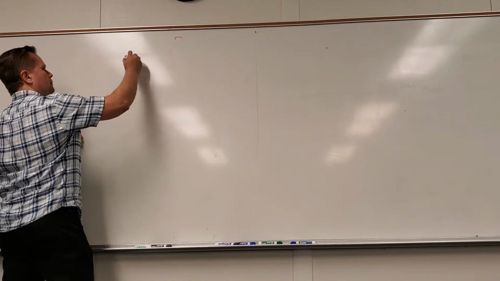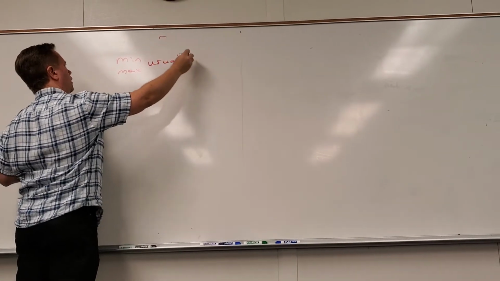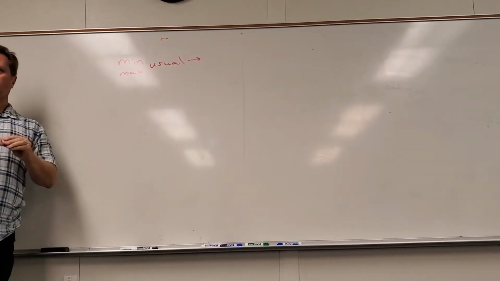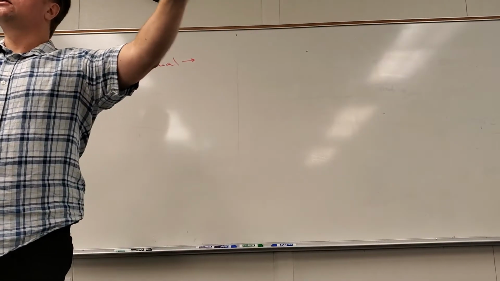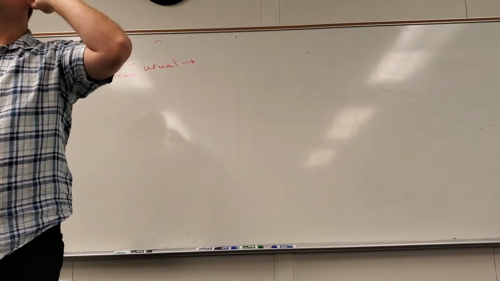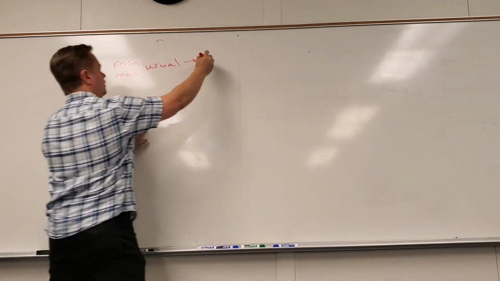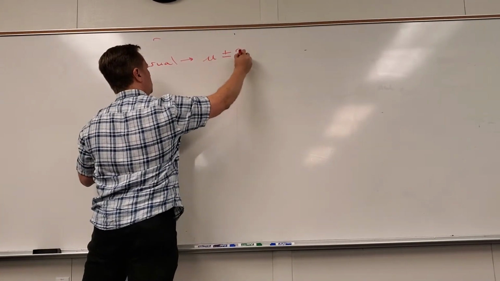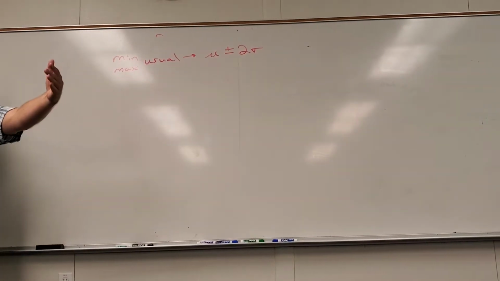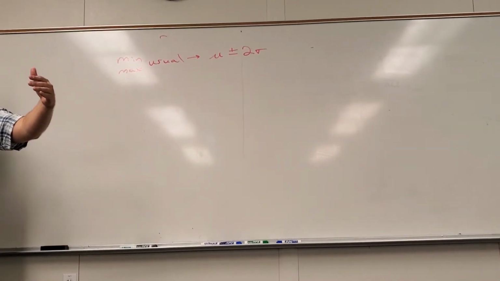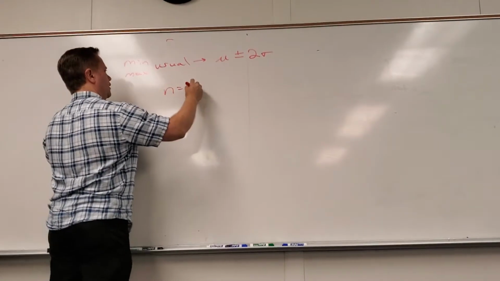Because how do you find the max and min usual? Well, we said this earlier. Where does unusual start? Say it. How many? 2. Okay. So if I know the mean and I go up and down 2 steps, that's where the min and max usual is. So for example, if I flipped a coin 100 times,